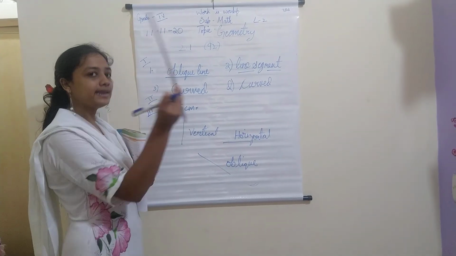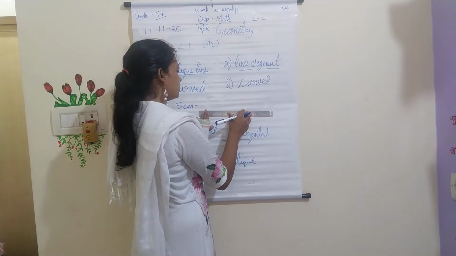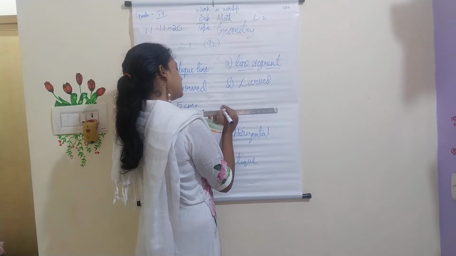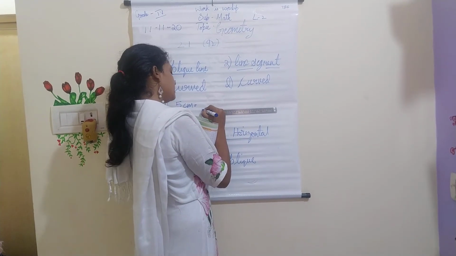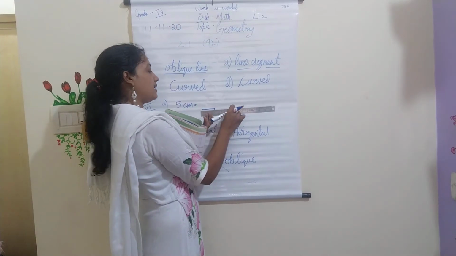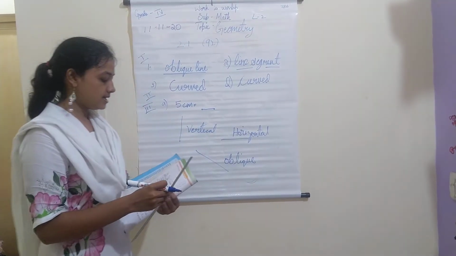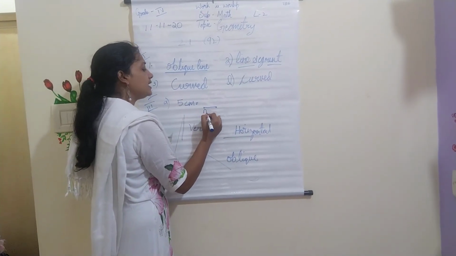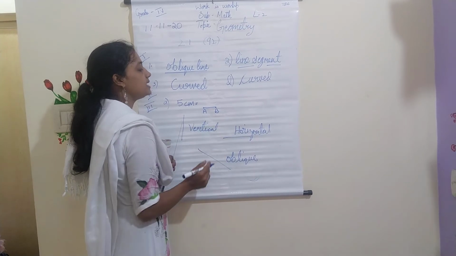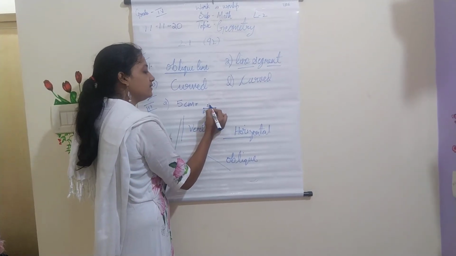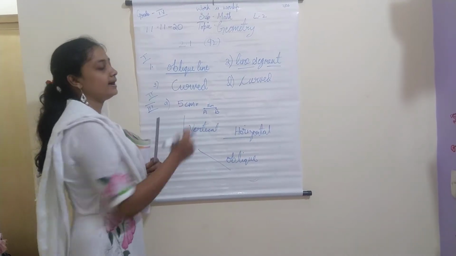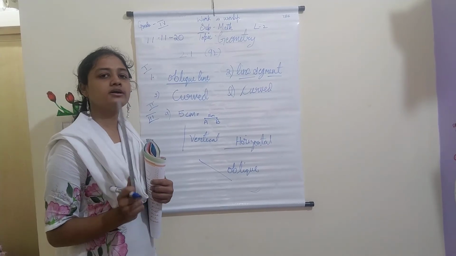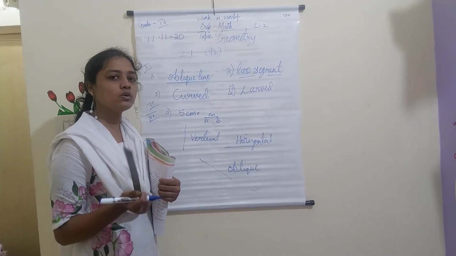So what should I do? Take my scale, keep it firm on the book, mark the point at 0 and mark the other point at 5. Join these 2 points. After drawing the line, they have asked us to name them also. That is label. Any name you can give. I give A, B. And how much is this measurement? 5 centimeters. I write it up here. So all of you do only the first one in your textbook. Rest I will be sending you as notes in your ULO app.